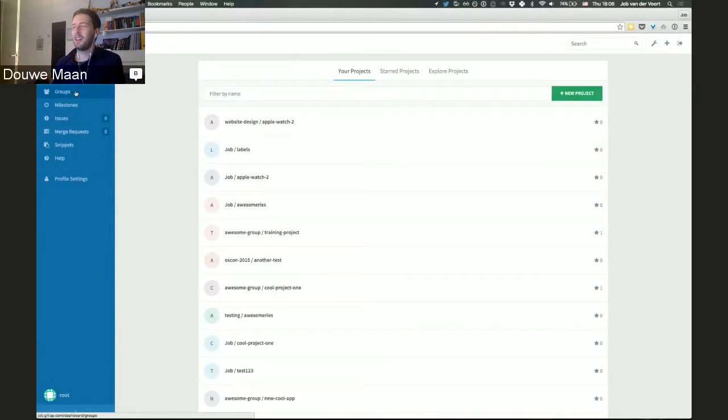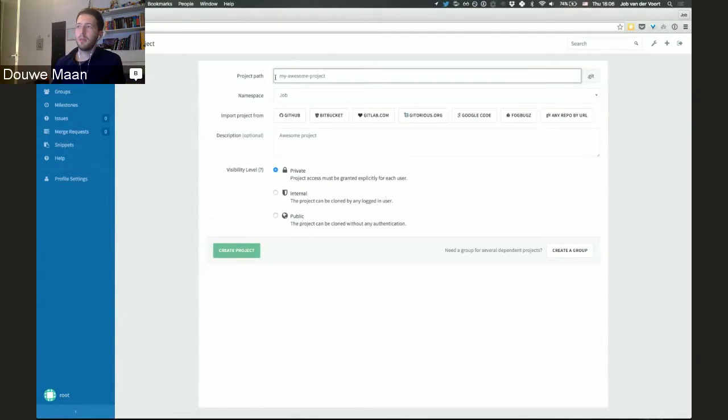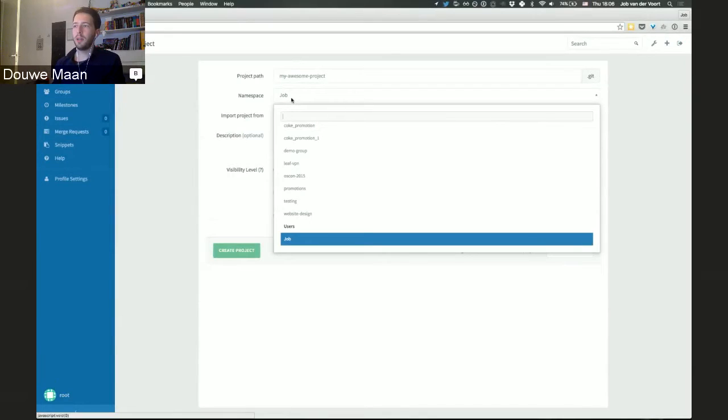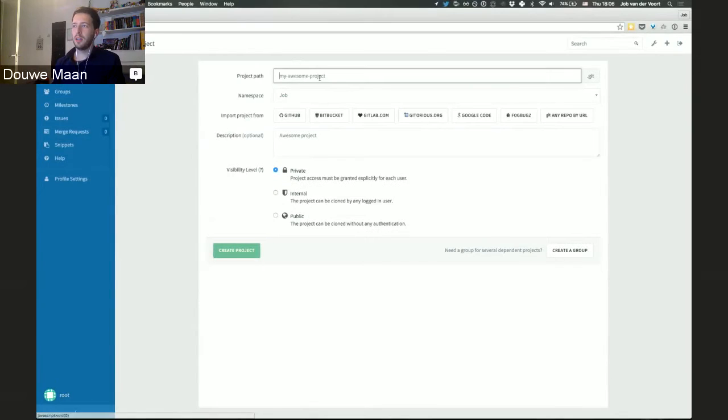Okay, so I'm here on my own server, and my username here is root because I'm logged in as a root user. So when I create a new project, I can create the project by giving it a name. And when I choose the namespace, basically it's asking me, do I want to put it under any specific group, or under my own namespace? You can see here that it's listed as users, and there it's me. So if I would create a project right now, let's say banking app,